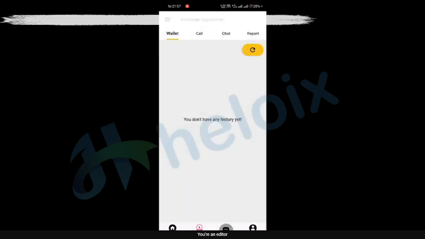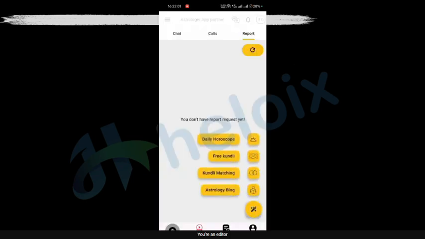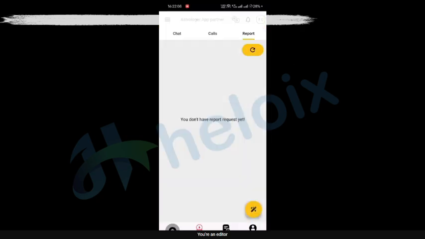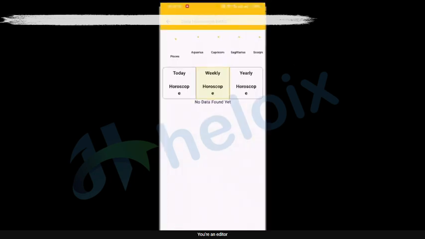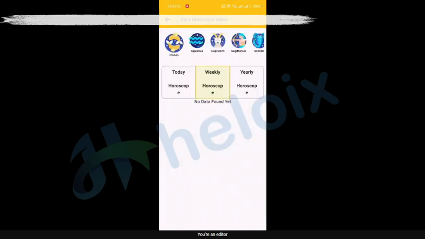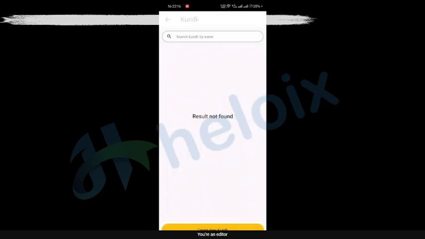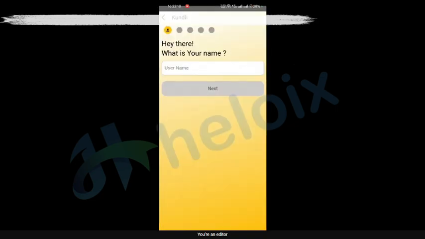Okay, so after that, let me show you other things. So these are options like daily horoscope, Kundli, matching, astrology, and all. You can manage that. You can check blogs. You can change or check all types of data here. Here you can check Kundli. You can create a new Kundli as well.